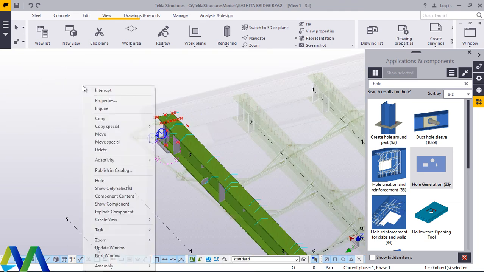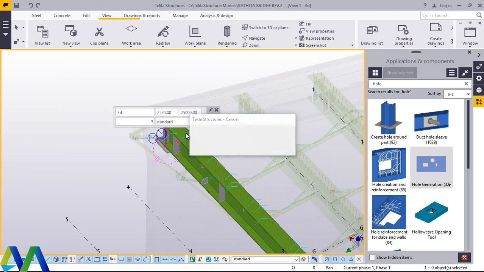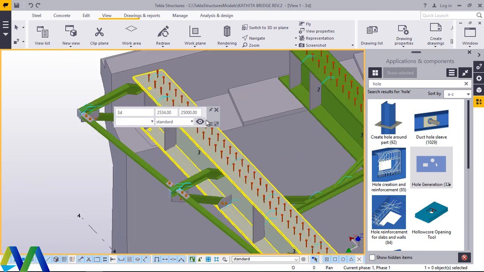To use a plane, I'll right click and come to the hole model. I'll redraw to get me back where I was. Now I'll close that. I'll come to clip plane